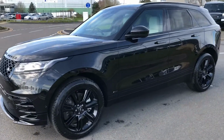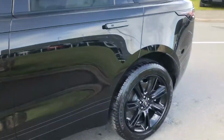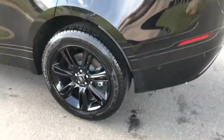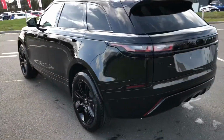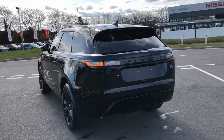Today I'm going to show you around this gorgeous Range Rover Velar in Santorini Black. You have black roof rails, privacy glass, 20-inch gloss black alloys, a powered tailgate,